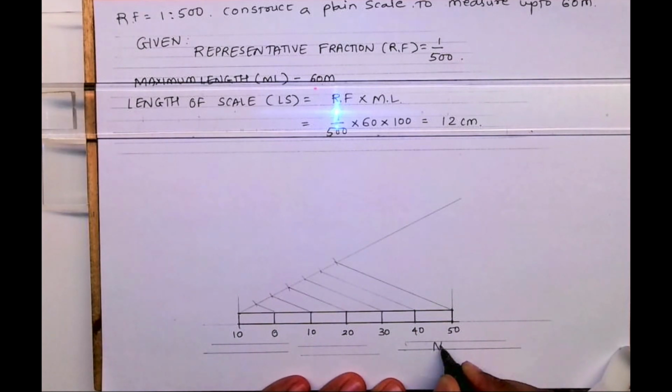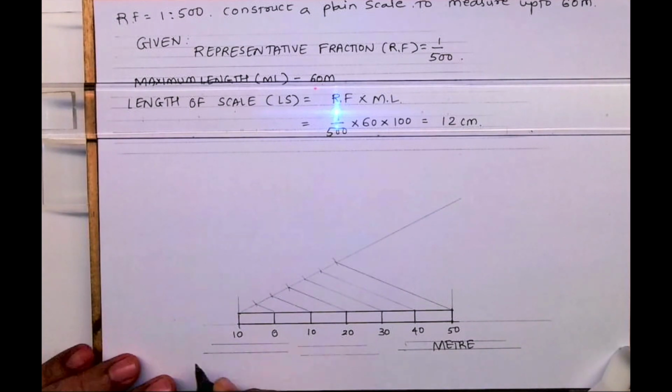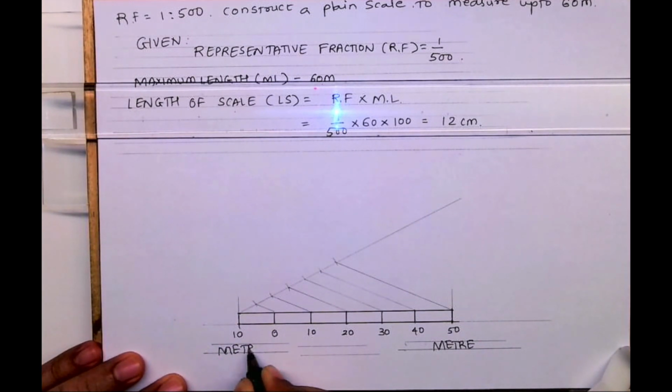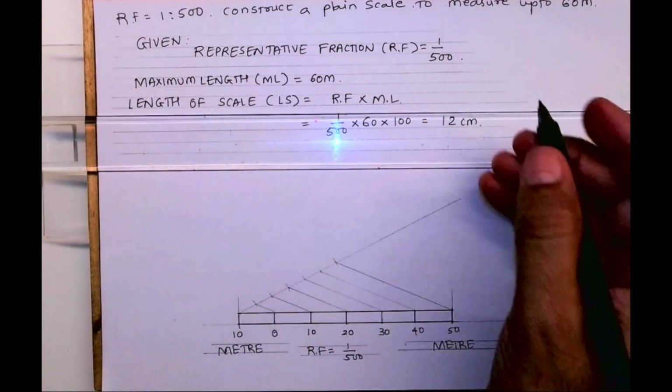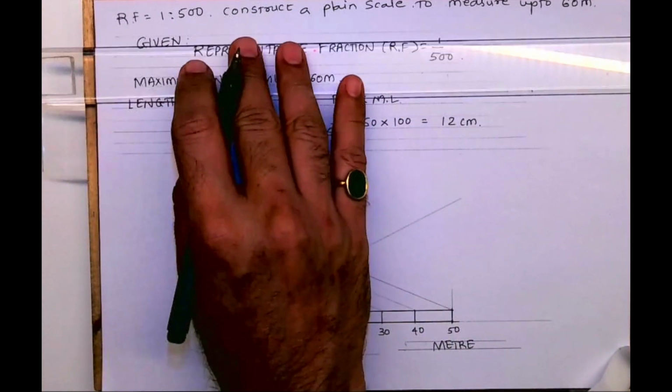So here we'll write meter. Here also we'll write meter. And here RF, which is 1/500. Now we'll divide the first part into 10 equal parts. Let's say we need to show,